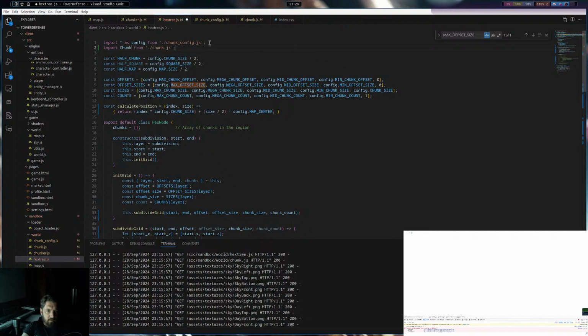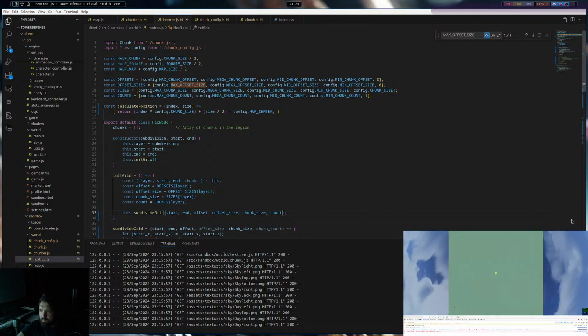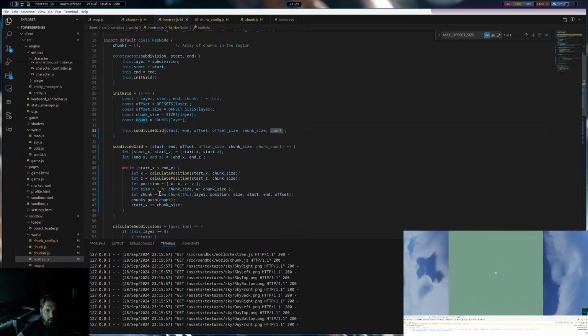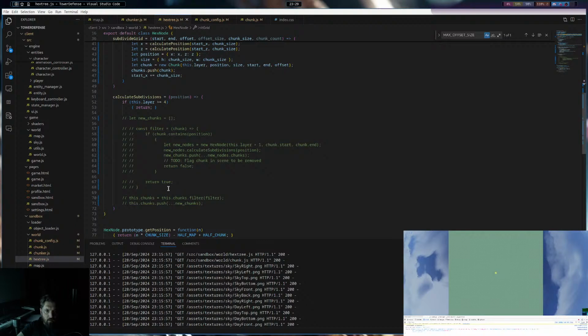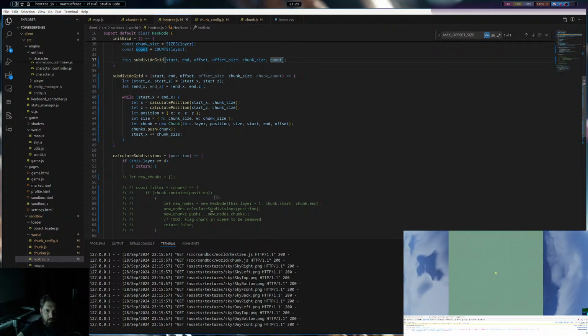Import chunk from chunk. Chunk count is not defined. Of course, because it's just count. These all need to be prototypes, but that's fine.